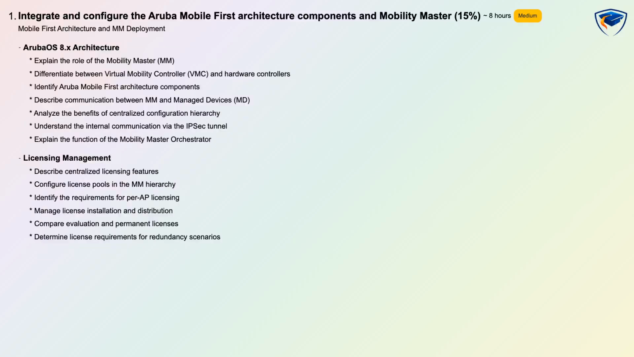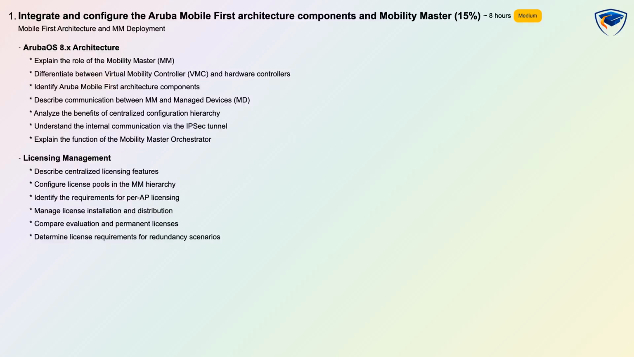Integrate and configure the Aruba Mobile First Architecture components and Mobility Master is weighted 15%, rated medium difficulty, and has an estimated learning time of 8 hours with conceptual and scenario-based questions. You will learn the Aruba OS 8X architecture and the role of the Mobility Master, differentiate virtual mobility controllers from hardware controllers, and understand how the Mobility Master communicates with managed devices using IPsec tunnels. The domain also covers centralized license management, configuring license pools, per AP licensing requirements, and how license distribution and redundancy